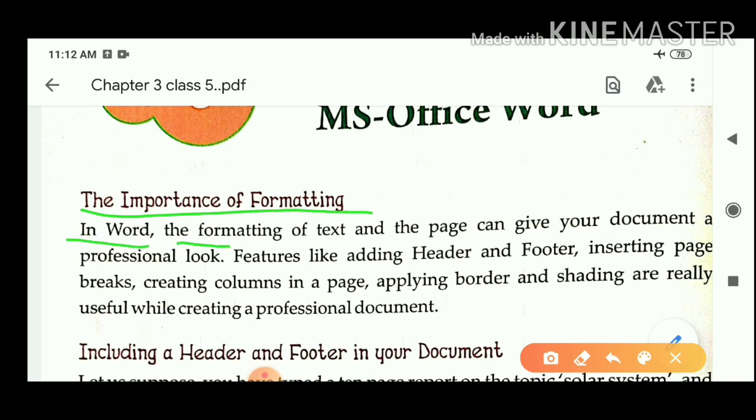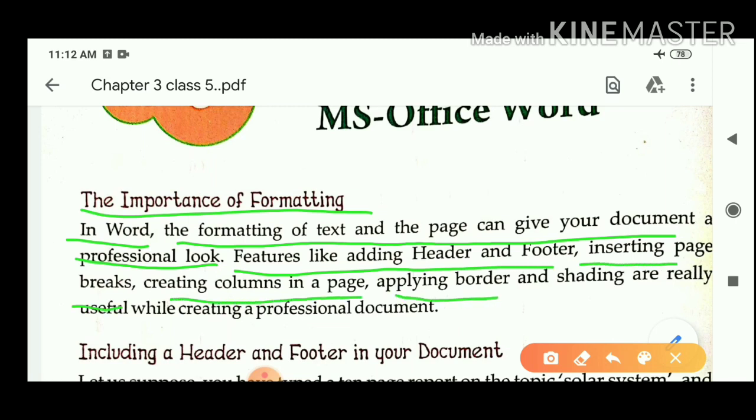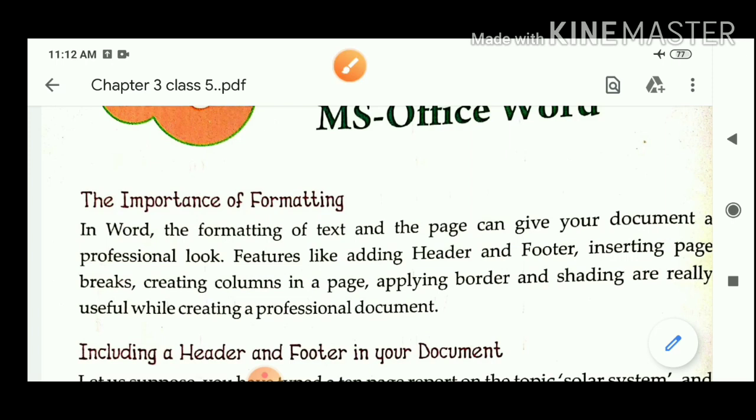In Word, the formatting of text and the page can give your document a professional look. Features like adding header and footer, inserting page breaks, creating columns in a page, applying border and shading are really useful while creating a professional document. Here, Word refers to MS Office Word. Okay. Professional means related to a profession. Features means characteristics. Okay. Next topic is